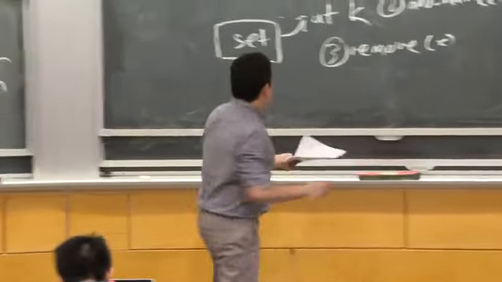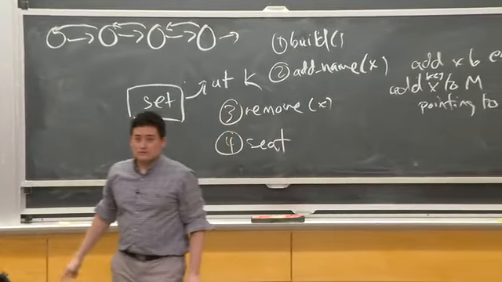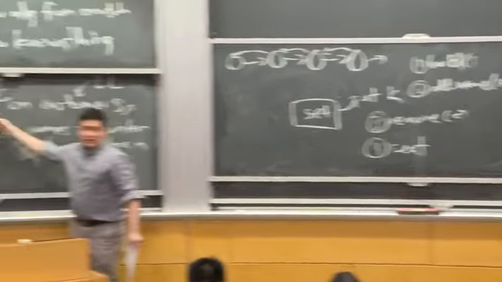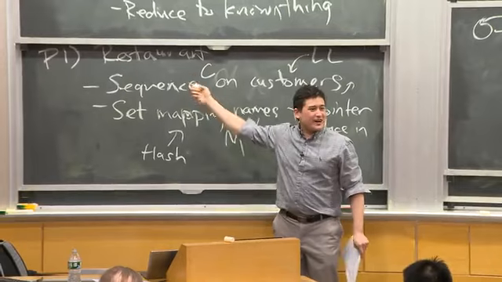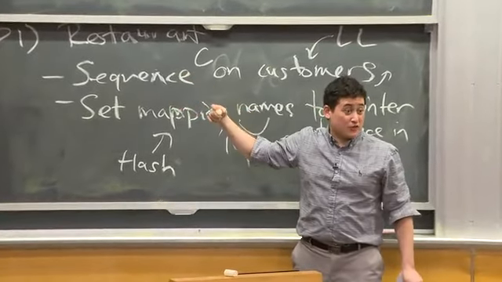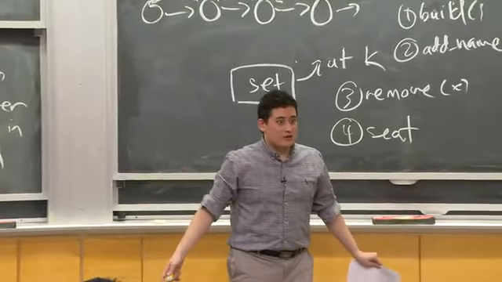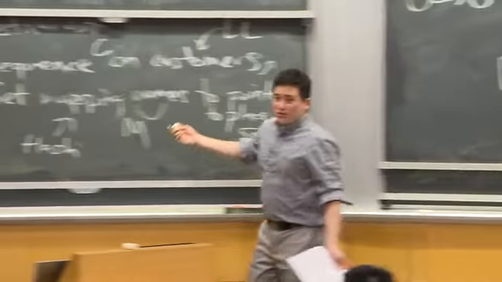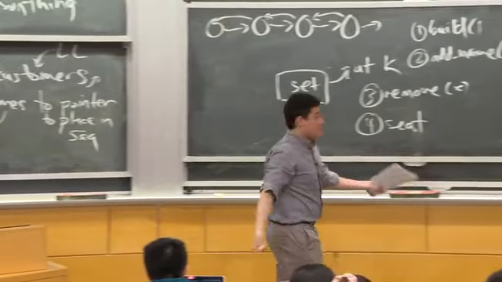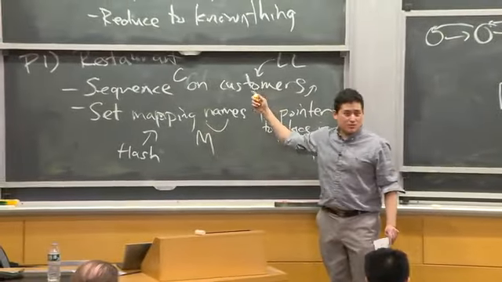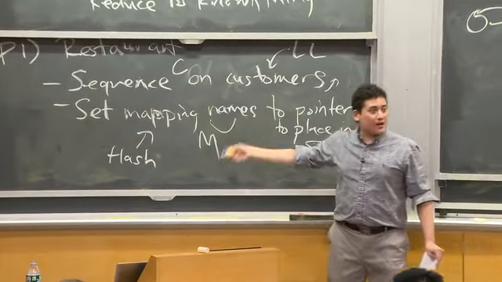Okay, and then seat, last one. That's just take the front of the sequence, remove it, change the head around, but I get that you can delete first, right? You're reducing to the interface that we had. You're deleting first on this sequence, okay? But now we have a situation. I deleted the first guy. How do I know who the first guy is? Well, I'm storing its name in there, right? I'm storing the names of these customers. So I know who was at the front. I look in this set data structure, and I remove that entry.